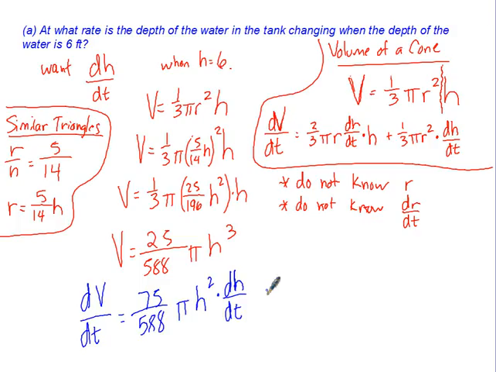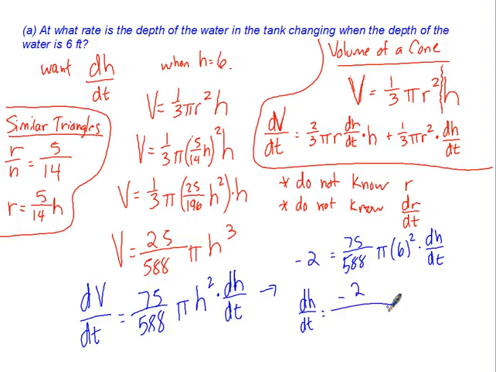So here's what I have. I'll have negative 2 equals 75 over 588 pi 6 squared dh/dt. And does everybody see that these are all just numbers, correct? So dh/dt is equal to, essentially, you can do this in the calculator, negative 2 over all that. So I would literally just type all that in the calculator. So negative 2 divided by 75 over 588 times pi times 36. And you get approximately